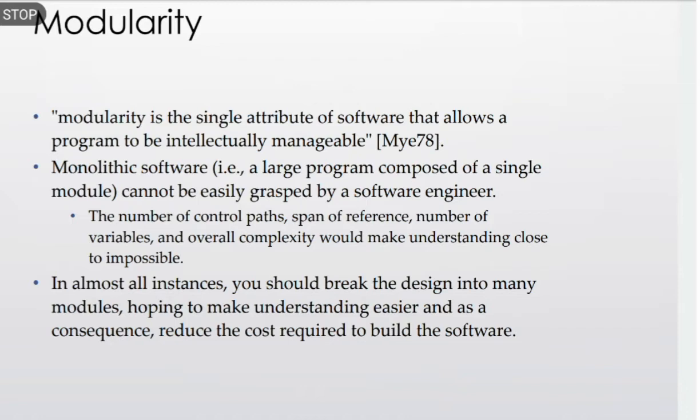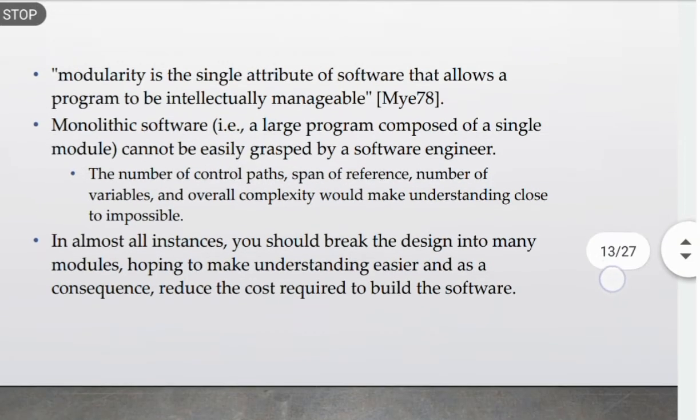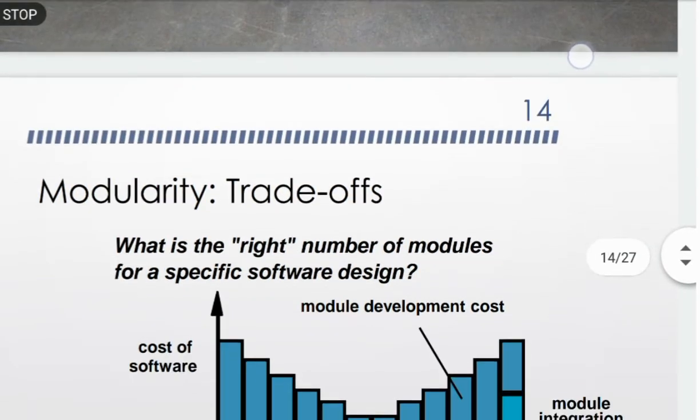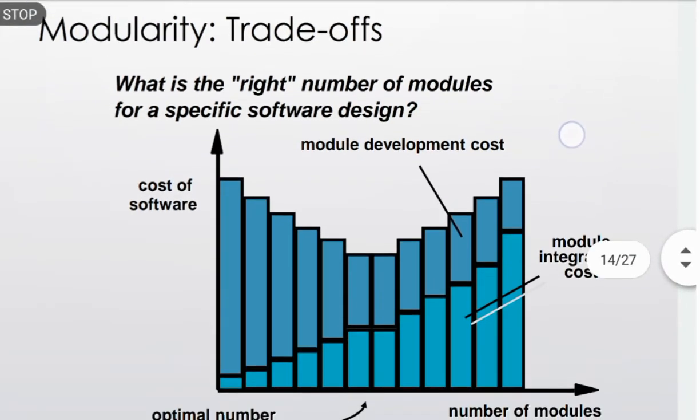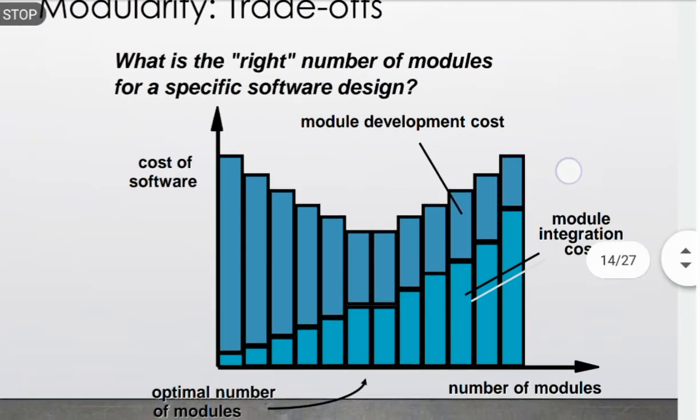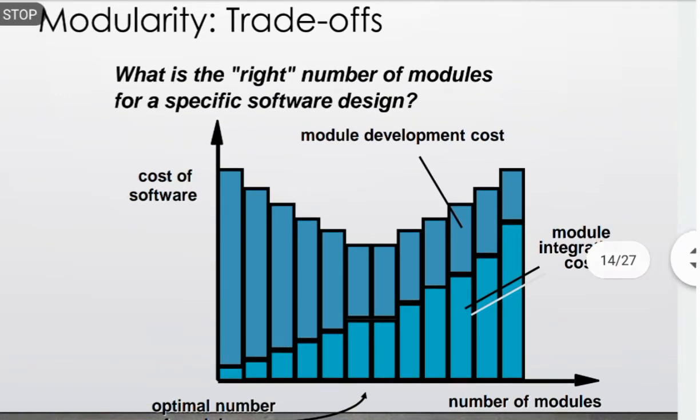So if there are two problems, P1 and P2, and we consider the perceived complexity of the problem, this is what we are going to explain: modularity trade-offs. Consider two problems P1 and P2. If the perceived complexity of P1 is greater than the perceived complexity of P2, it follows that the effort required to solve P1 is greater than the effort required to solve P2.